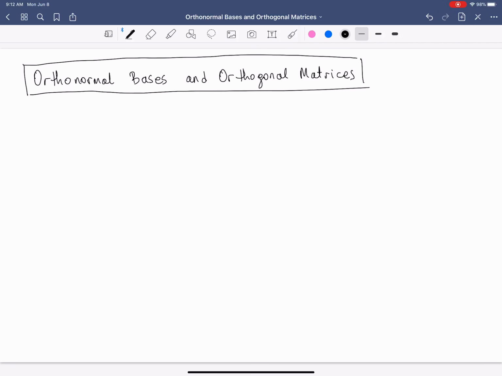Now, let's start with what is an orthonormal basis. So here is the definition. A basis of vectors q1, q2, ..., qn for some vector space V, for example, is orthonormal